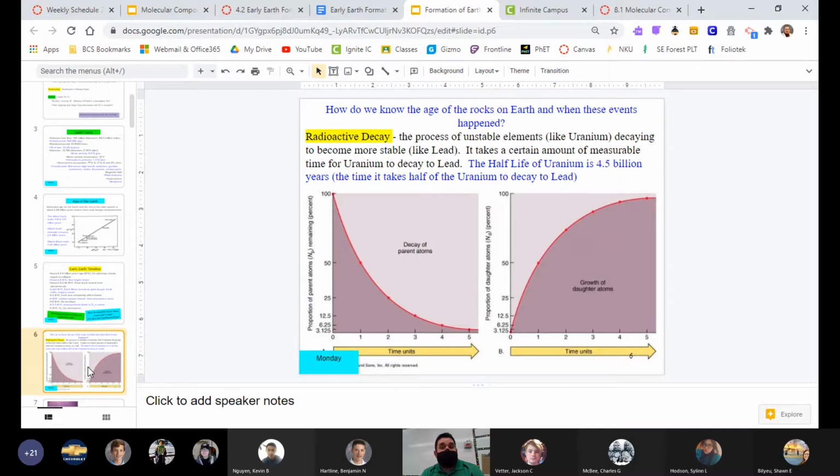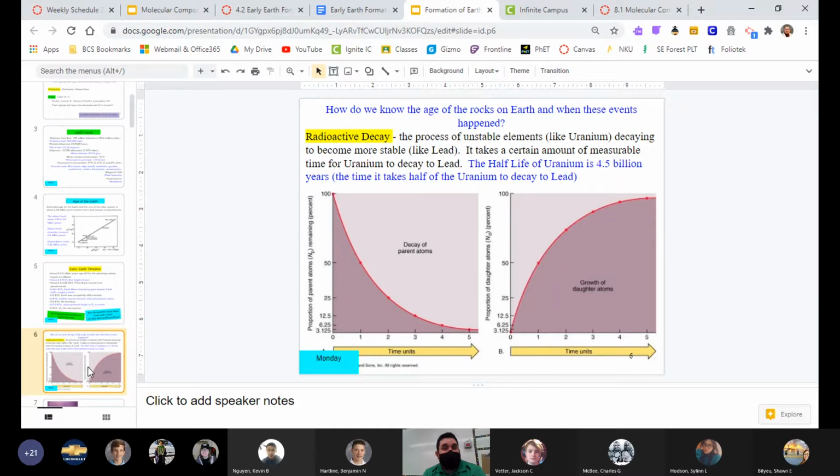But scientists know that it takes a certain amount of time for unstable atoms to decay to stabilized atoms. So it takes a certain amount of time for uranium to decay and turn into lead. I can show you that, not with uranium, but with unnatural atoms, and we can literally measure it becoming more stable. And if we know how long that takes, we can figure out how old the rocks and the fossils are, or whatever it is that we're looking at. Okay? And that's how we get this idea of how old they are.